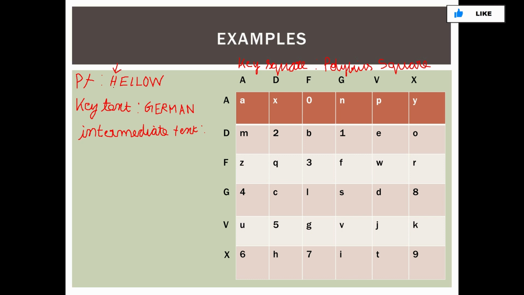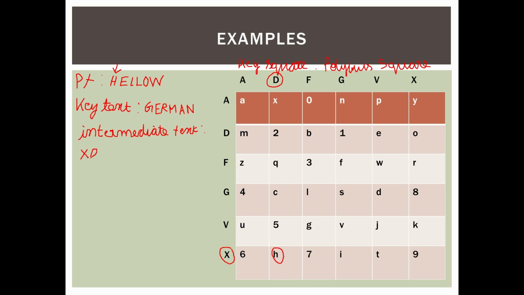The first character inside the plain text is capital H. So you have to find where H is in this 6x6 grid or matrix, and then find the row label as well as the column label corresponding to this character. As you can see, the row label here is capital X and the column label here is capital D. So you have to write these two characters. So I am going to write X and D.